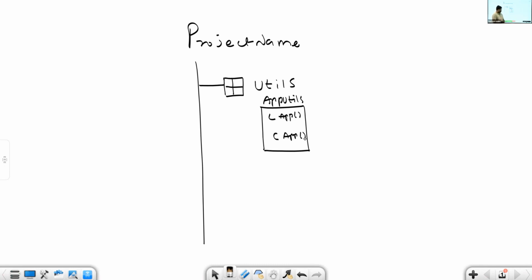See, any test case you are implementing for any project, maybe HRM, Primus Bank or e-commerce, something else, what is the very first step? Open the browser, access your build URL, application URL, right? Instead of rewriting the code in every test case for opening a browser and accessing the application, I create a